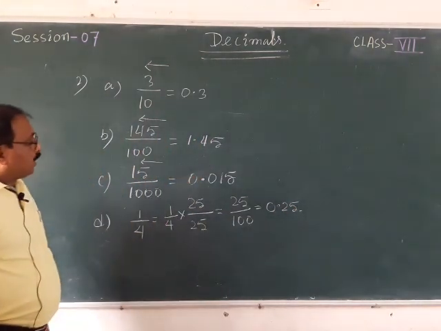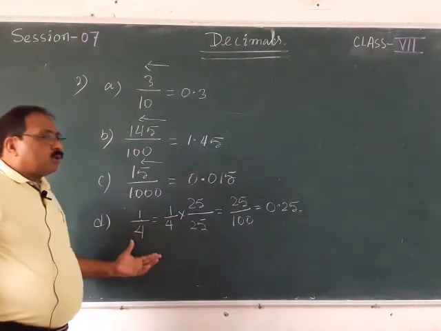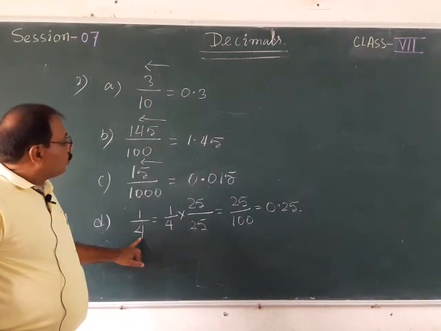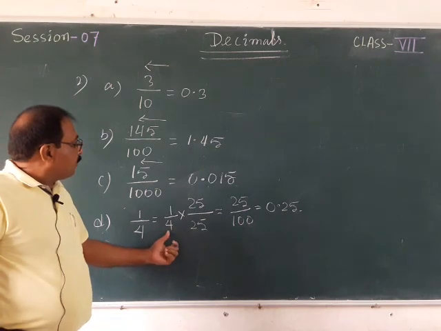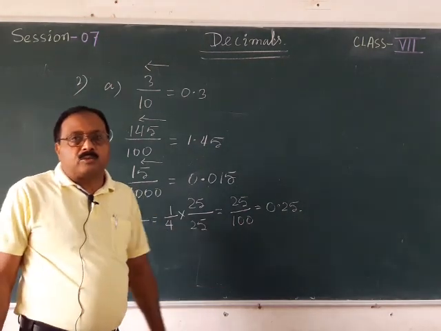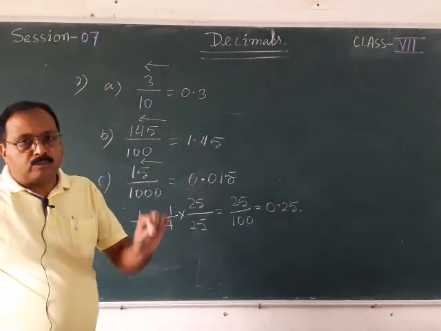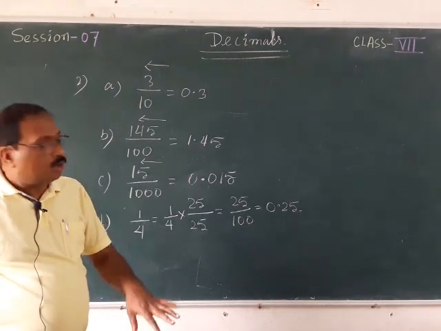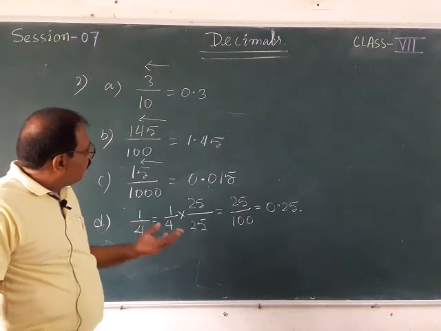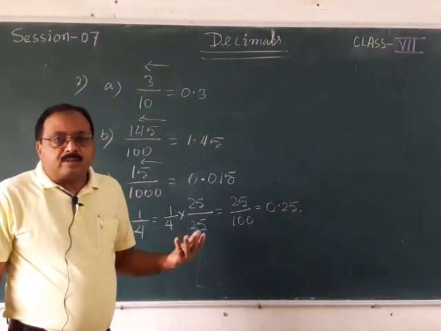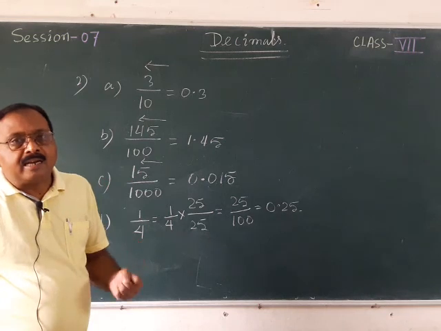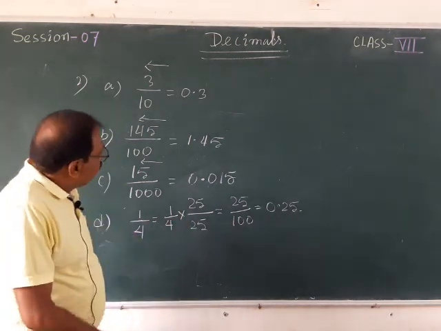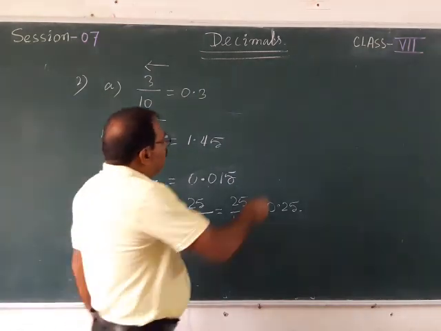So if you are having no 0 at all at the denominator, then you have to think by which number you can multiply the denominator, so that you will be getting 1 upon 10, 1 upon 20, 1 upon 30, or some 1 upon 0 number will be coming or not. That you have to check by trial and error method. And if you are unable to get it, you have to divide.